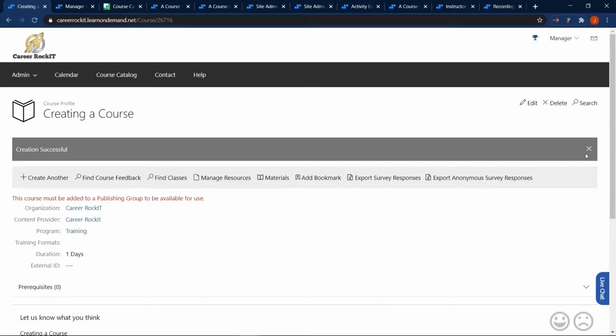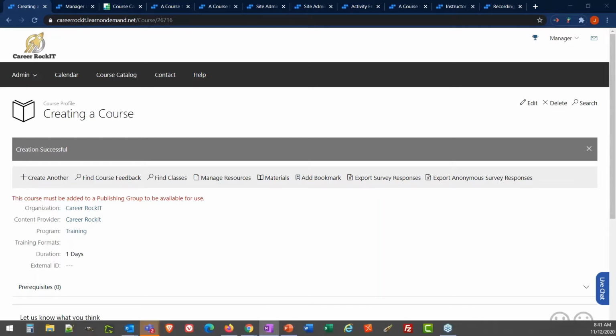And publishing groups, if a publishing group isn't added, then it's not available to schedule as instructor-led or as self-paced. And this can be good because it gives you a way to work on your course without anybody else being able to see it and put it into any kind of training situation. And